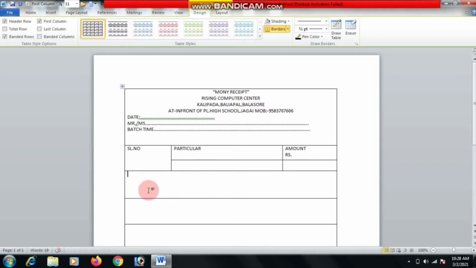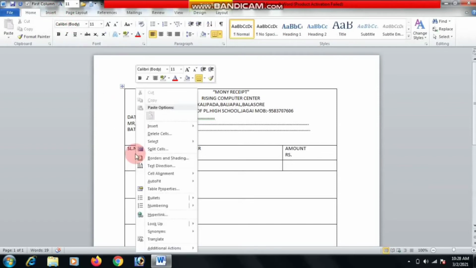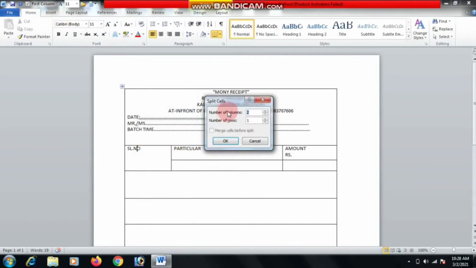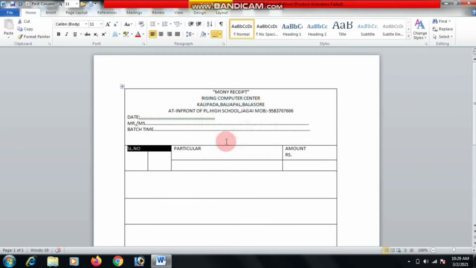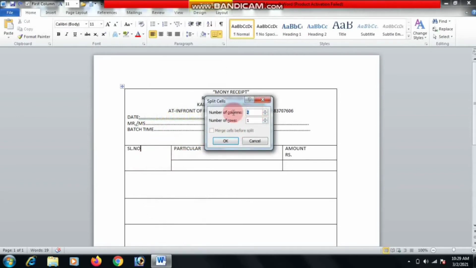Serial number also uses two rows, so we can use the table option, otherwise we also use right click over the cells and split cells, two rows. Right click, split cells, one column, two rows.